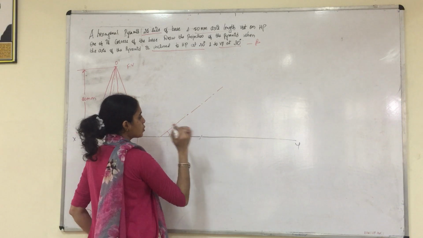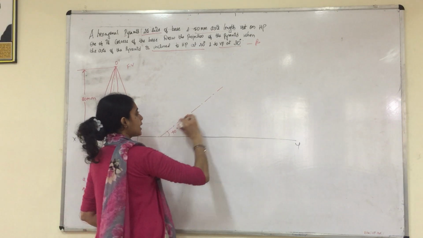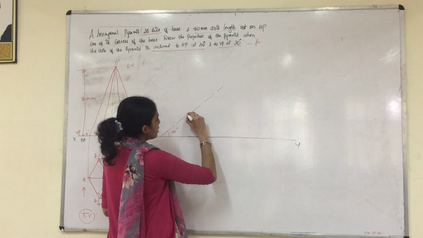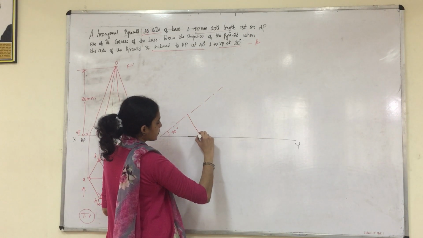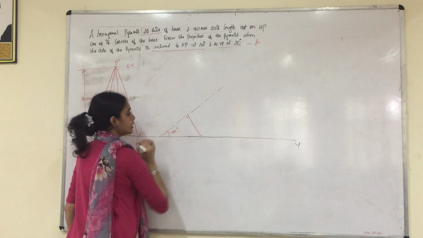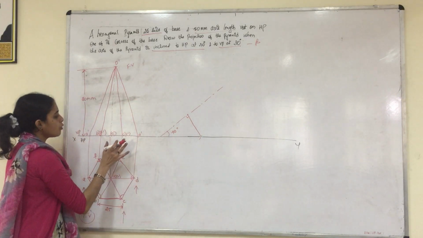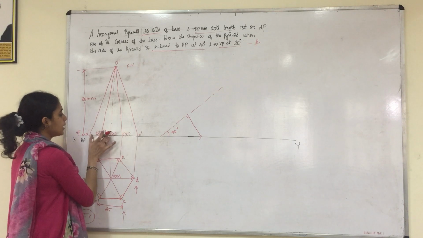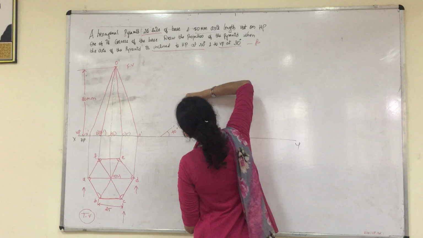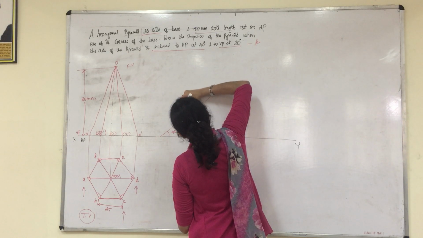So join these two. So this line should be exactly perpendicular to our 40 degree line. So you will join this line to the arc that we have cut. So this will be exactly 90 degrees. So we have now shifted half the base. So the remaining half is left out. So what we do is just extend this perpendicular line.